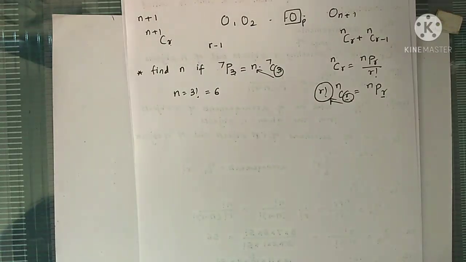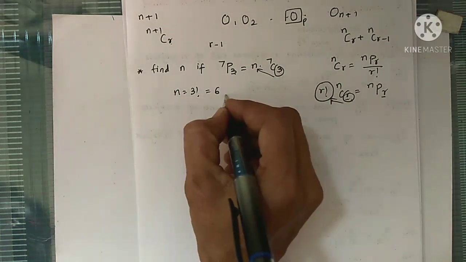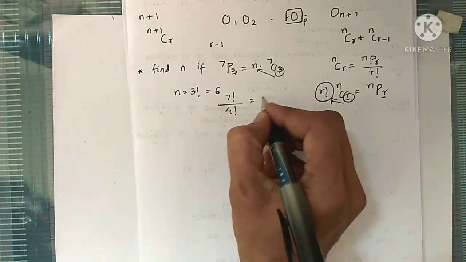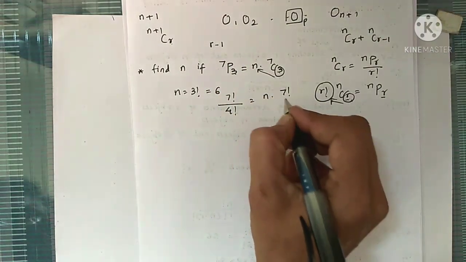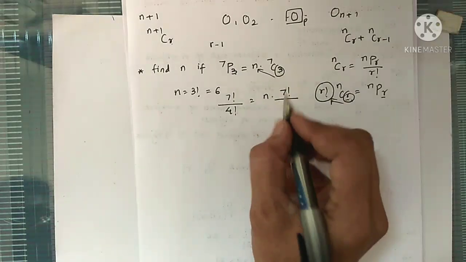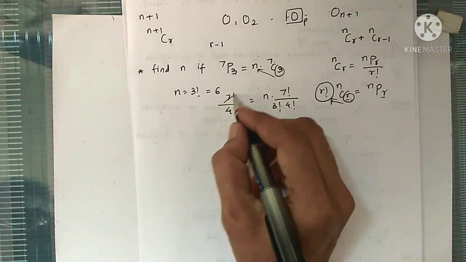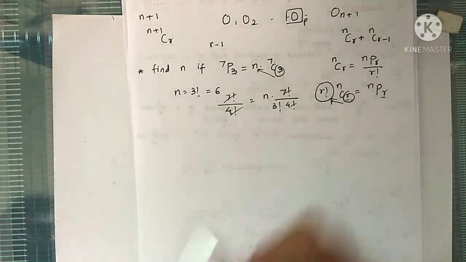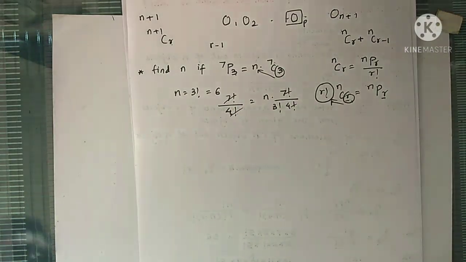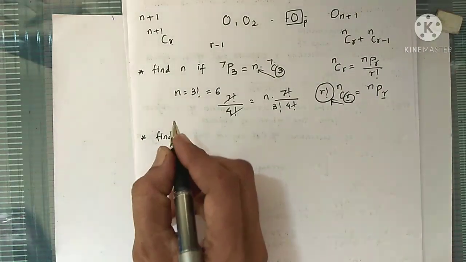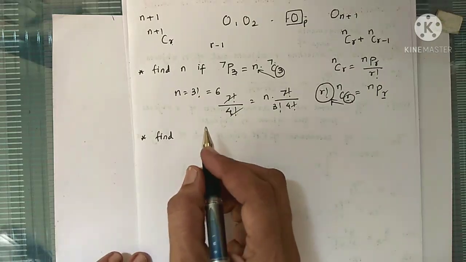So this value of n is 6 here. Or you can solve directly, use both the formulas for nPr and nCr, solve it and you can find the value. See, here it is 7 factorial, 7 minus 3 is 4 factorial. This is n. For 7C3 it is 7 factorial, then factorial of this number, and 7 minus 3, 4 factorial. See, these terms get cancelled, cross multiplying you get n equal to 3 factorial. Okay, so next question is, find the value of r.